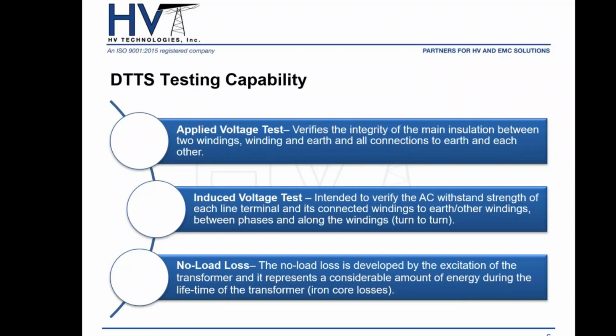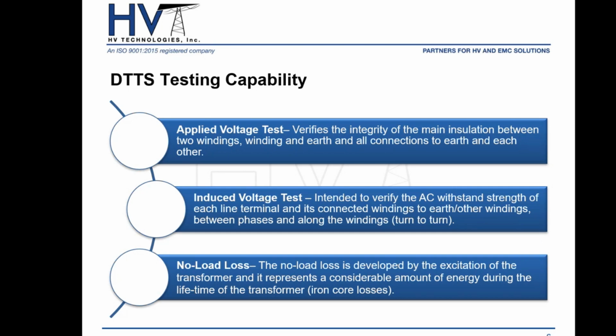You also, with the DTTS, will be able to do your applied voltage testing, which verifies the integrity of the main insulation. And then you'll also be able to do induced voltage testing. And induced voltage testing verifies your line terminals and the windings interturn and phase and between phases. So you have your applied, which will do your main insulation between your windings, your induced, and then you also